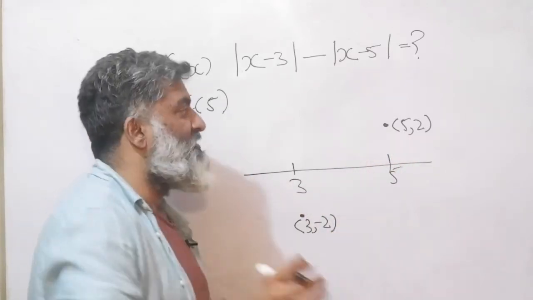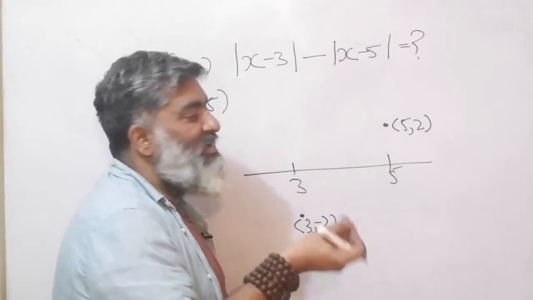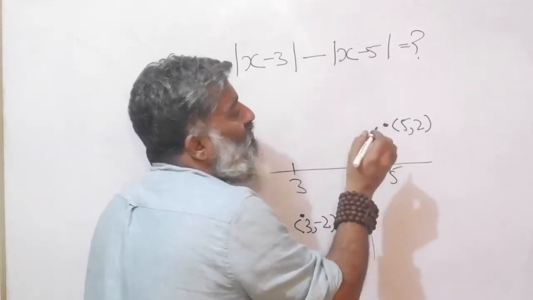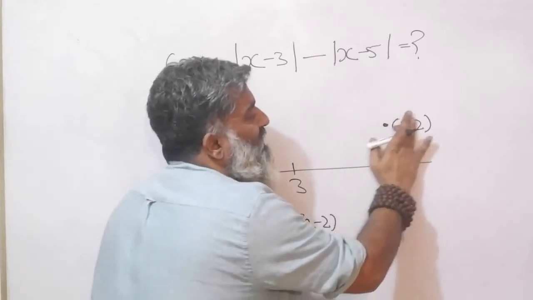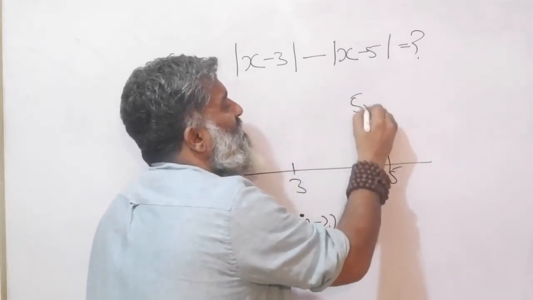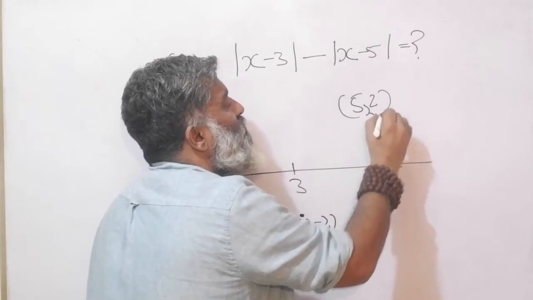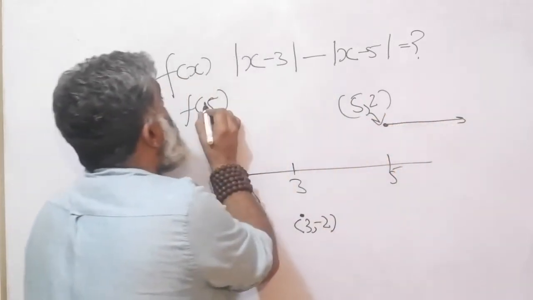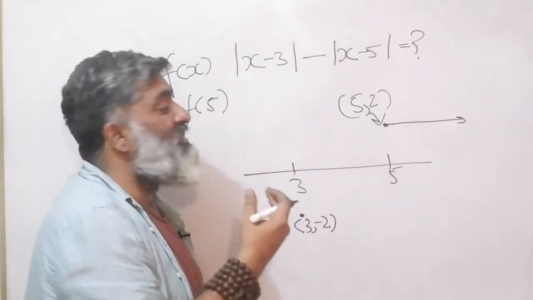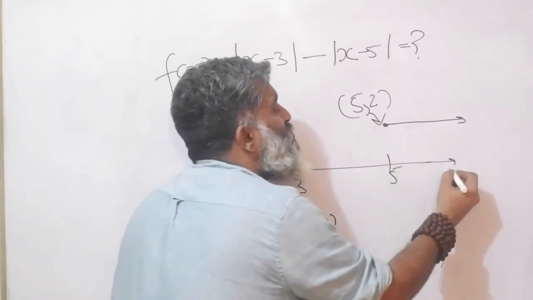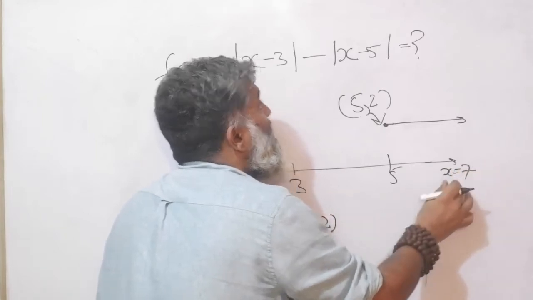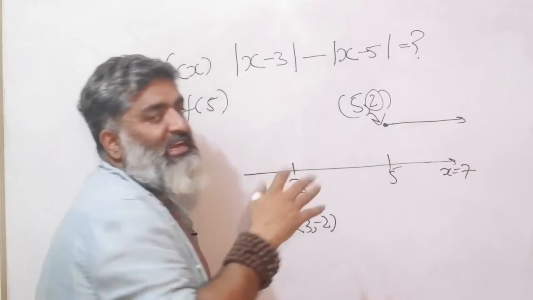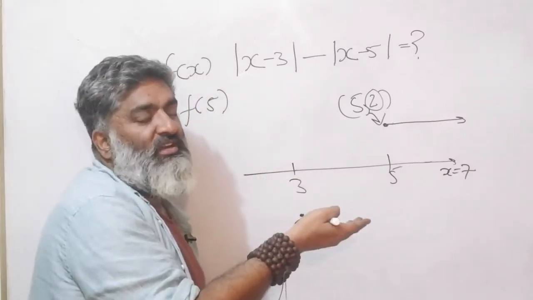At the border points. And now I will reveal the shortcut: I look at this expression and I can tell you, and we'll find out in a minute as well. Let me write the coordinates here. This point was (5, 2). I'm saying beyond this point, the value of the function is going to remain the same. That means if you go to x equal to 7 and you put 7 here, the output will still be 2. Right now I'm just showing the shortcut in action.